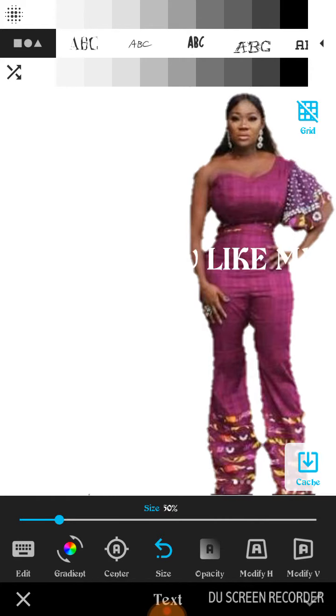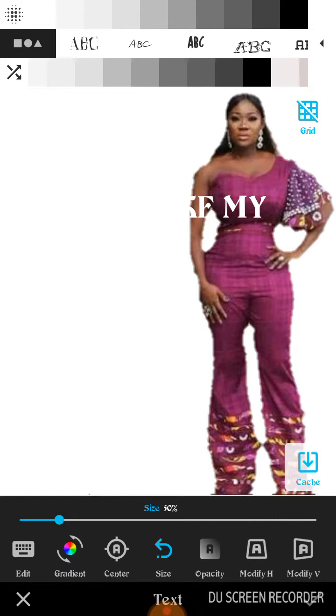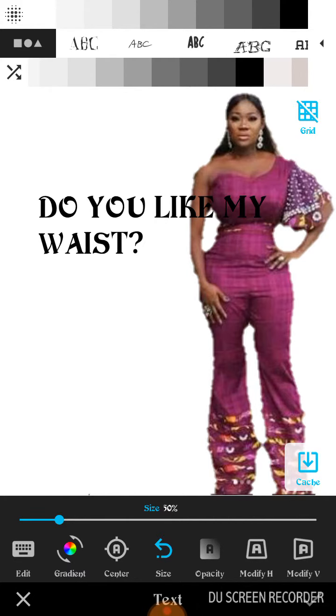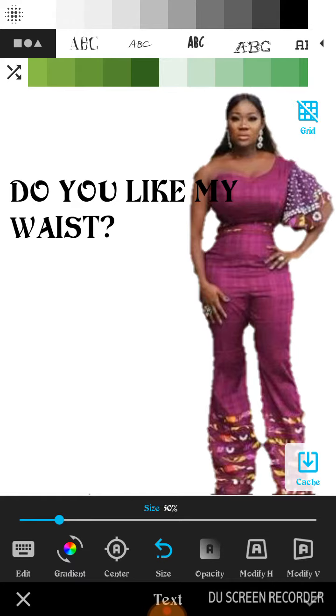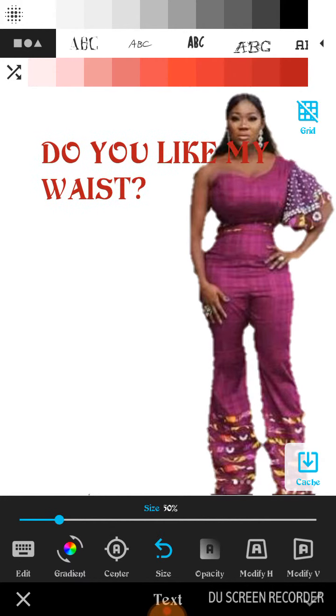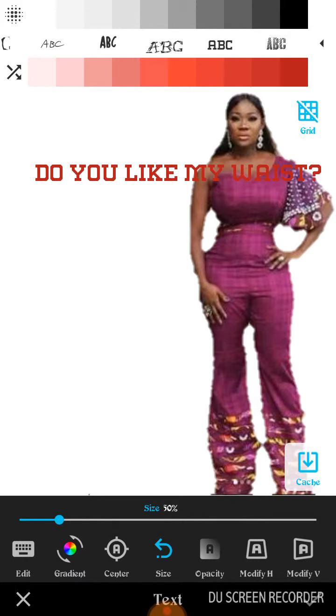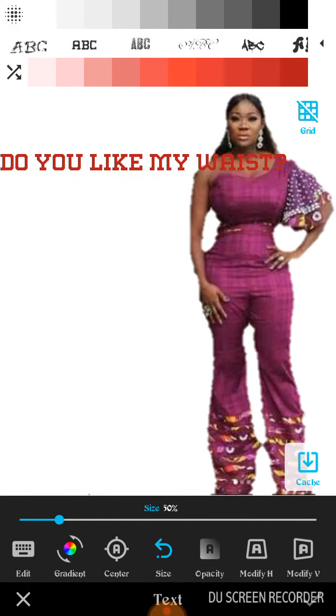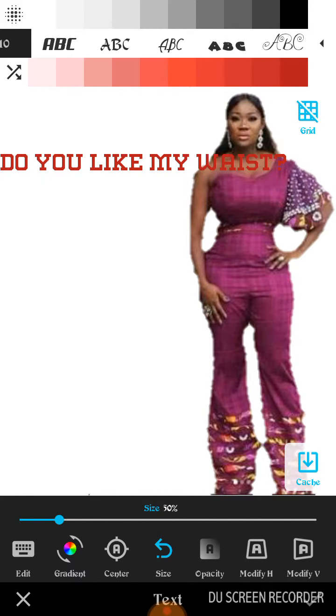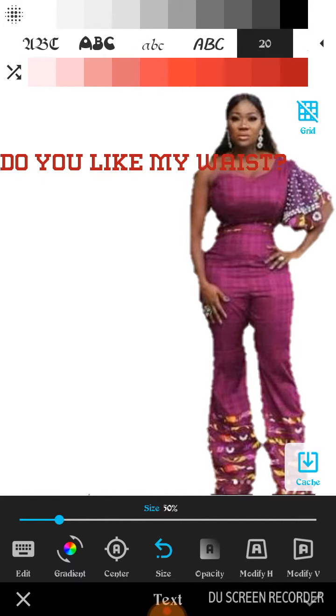It's in white. Now to change the color, we can choose either of these. These ones below, we can choose either of them, but let me quickly choose the one I do make use of. Okay, I think this red. Then now if you don't like this style, you can come here to change the style, maybe to this, do you like my waist? But let me quickly use the style that I am used to,